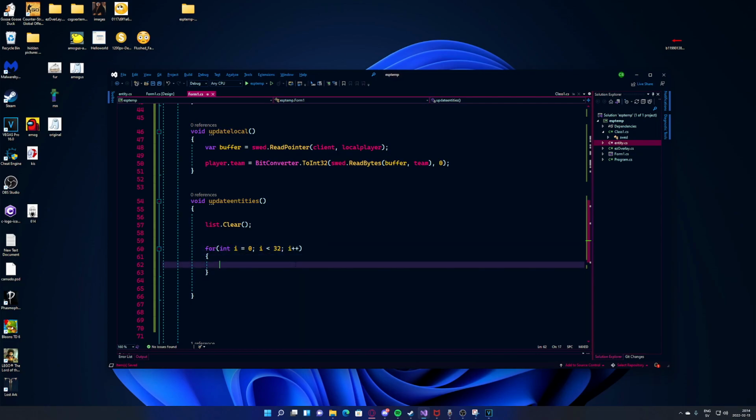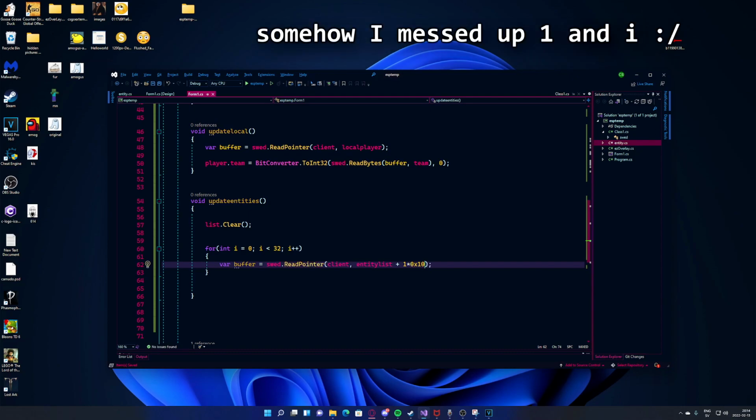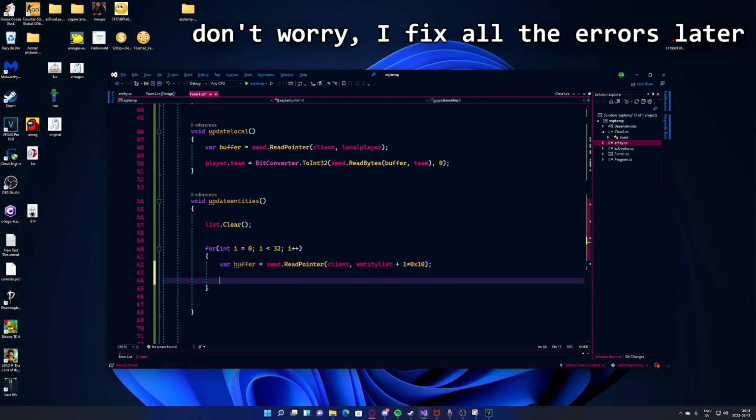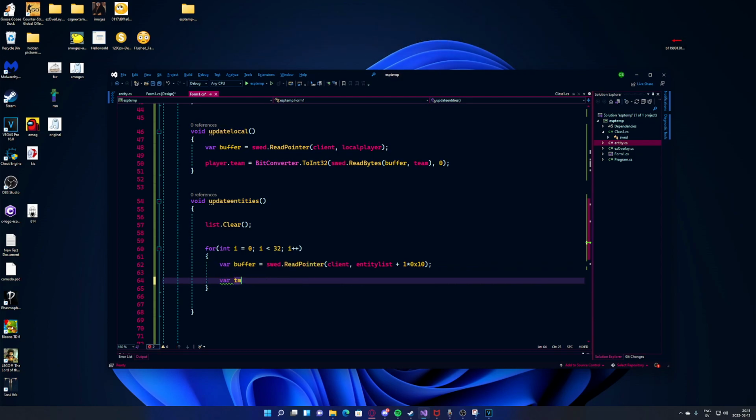To get the current player, or read the current player's pointer, we will use a buffer. So buffer equals swedz.read pointer. We pass in the client and the entity list, but we need to add i times 10 bytes. There we go. This will read the current player or the current entity, and now we will create some variables